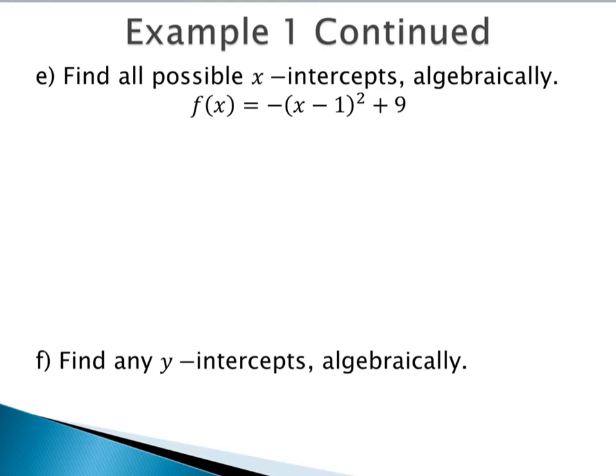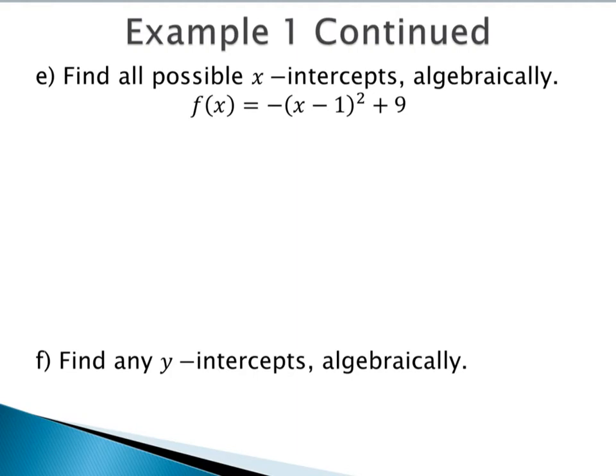Next, in order to graph, we need to find all of our possible x-intercepts algebraically. So this means walking through it and solving it, not just looking at our calculator and finding the x-intercepts, because we want to make sure to get an exact answer. There are often times when we might get a radical in our answer or some other form of decimal fraction that we want to make sure that we're finding the exact answer.